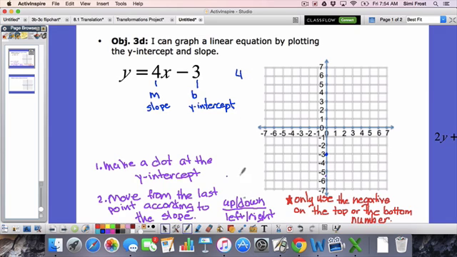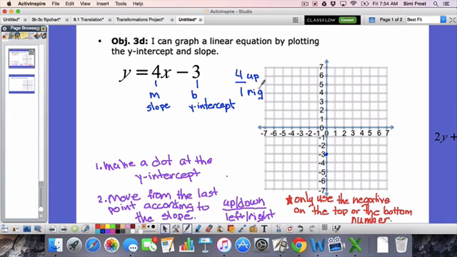I don't have a left-right. So how can I make this into a fraction but keep it the same number? So I want to make sure that it's still the number 4. It just looks different. So to make it look different so that it's a fraction, I'm going to put it over 1. I haven't actually changed the value of the number. I've just made it look different. So now I have 4 positive, that's going to be up, and 1 positive means I'm going to go to